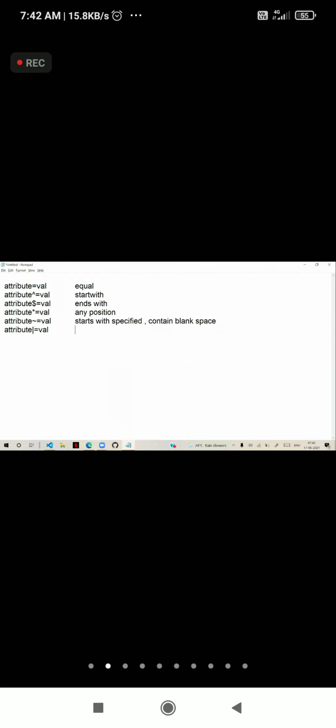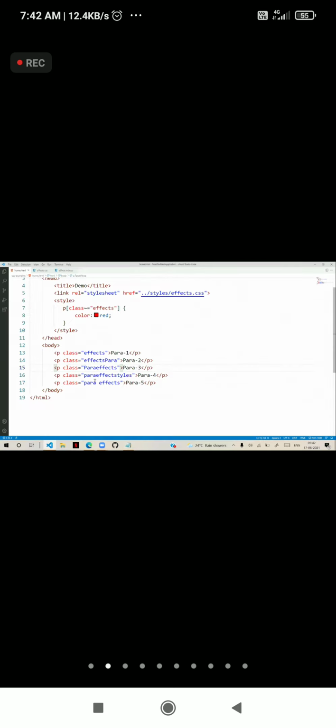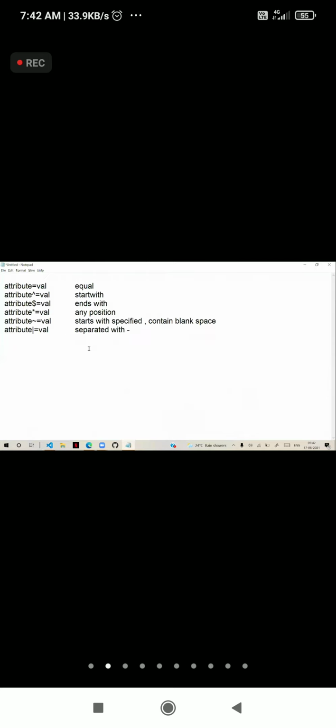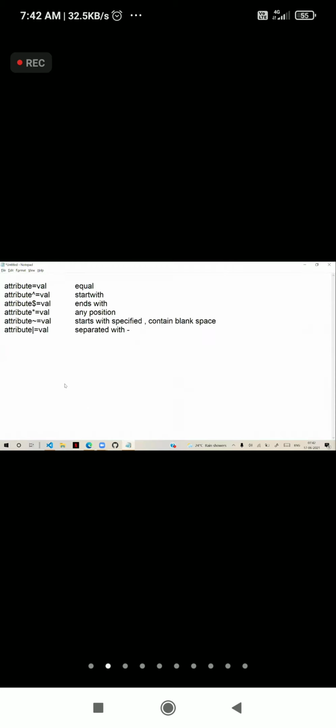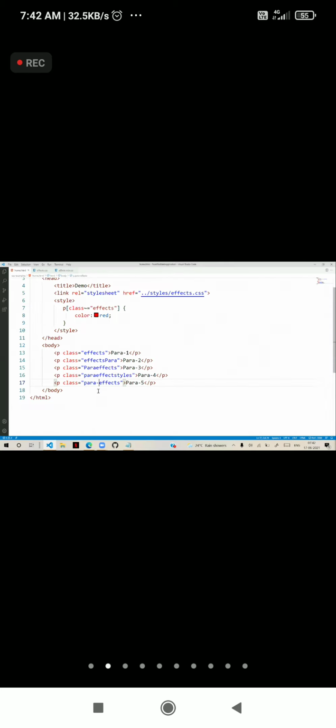Generally this is used to define effects which is separated with hyphen. That means now para effects, if it is separated with hyphen, so it is not applying to the fifth one, because separated with space only it can apply.